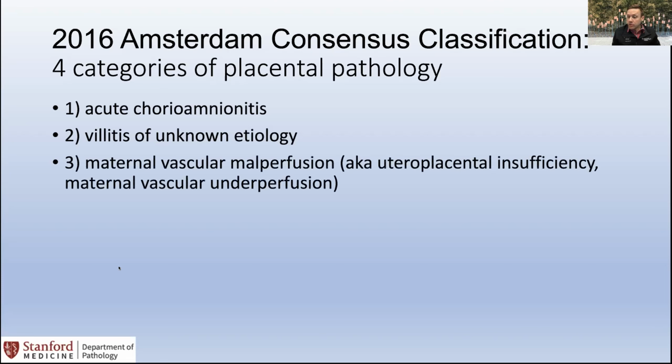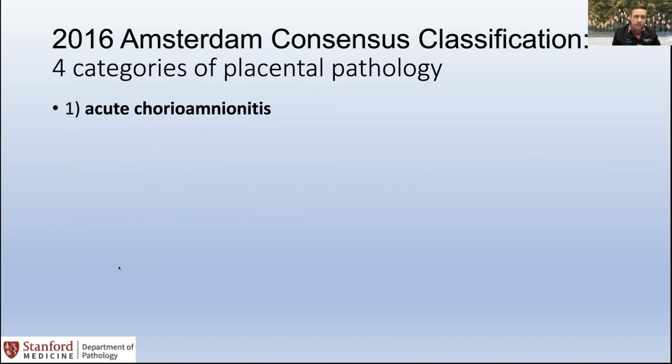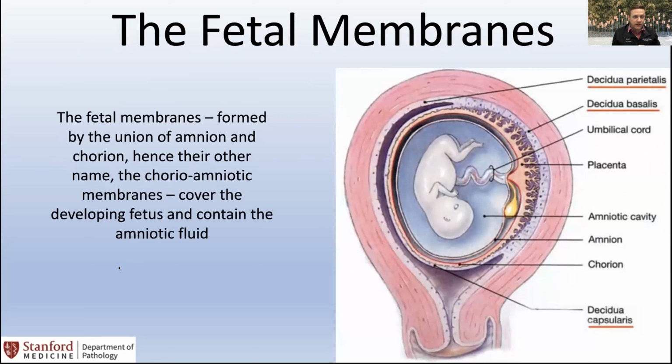A broad category of maternal vascular malperfusion or underperfusion. It goes by several names. And then finally, fetal vascular malperfusion. So again, even though it's a fetal thing, we can find it in the placenta. And we'll start with, again, probably the most common one, acute chorioamnionitis, with a little bit of a refresher on